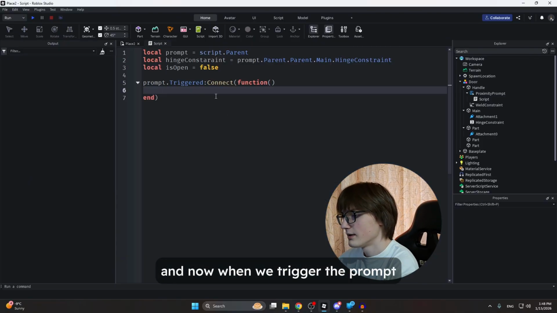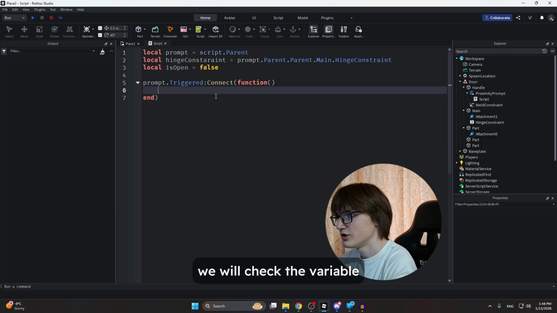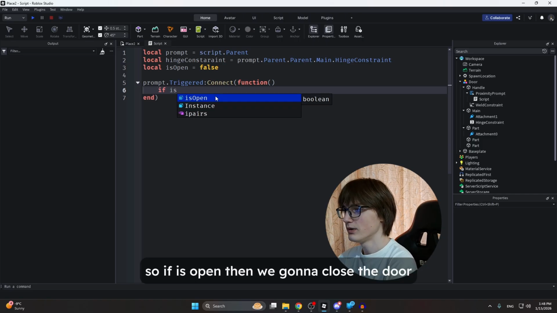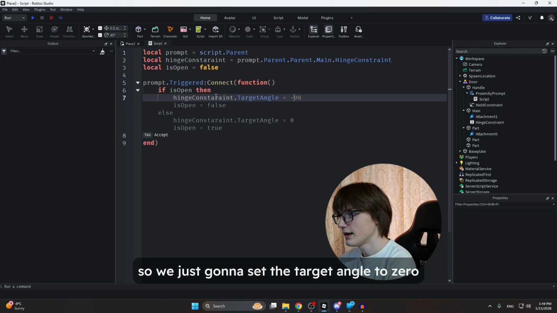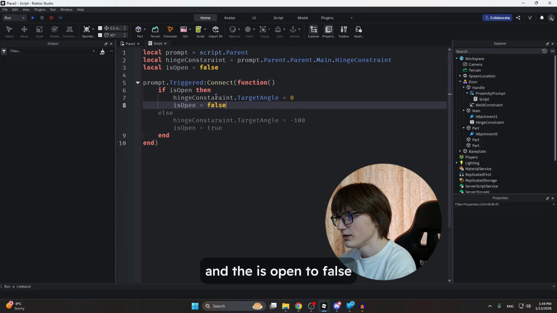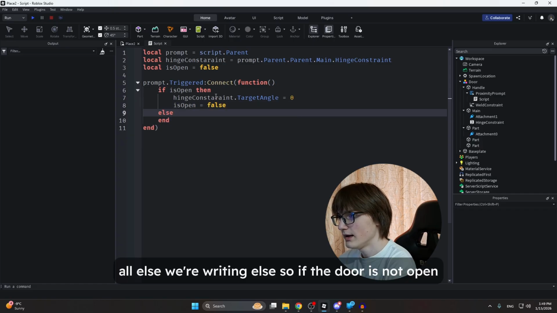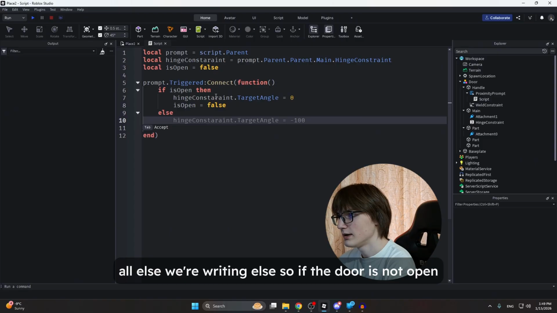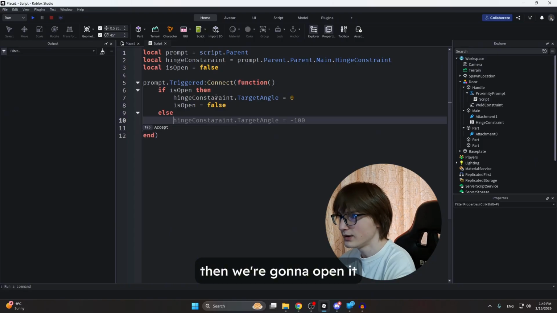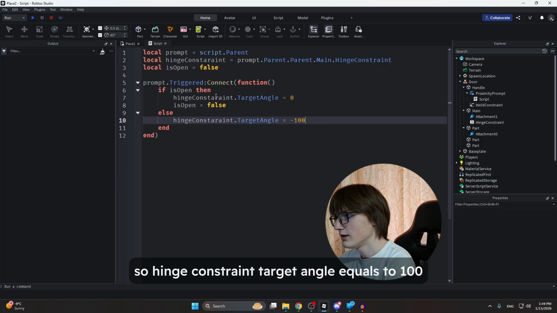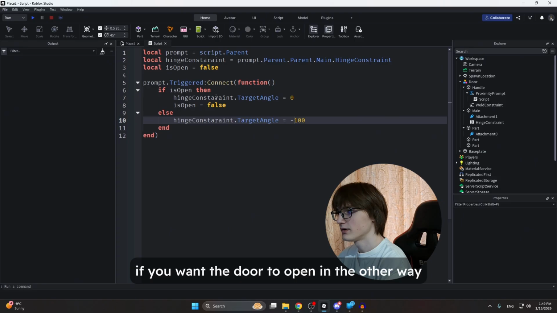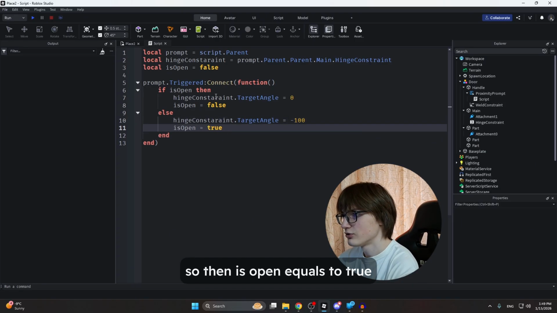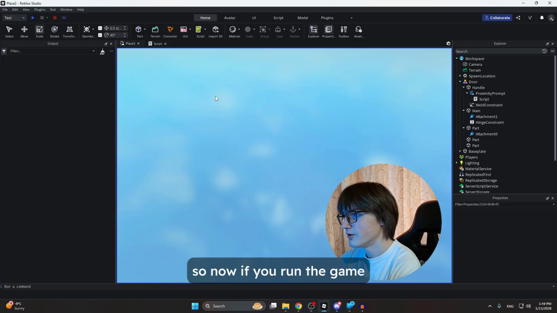And now when we trigger the prompt, we will check the variable. So if it's open, then we're gonna close the door. So we're just gonna set the target angle to 0 and isOpen to false. Or else, we're writing else. So if the door is not open, then we're gonna open it. So hinge constraint target angle equals 100, and you can remove the negative sign if you want the door to open the other way. So then isOpen equals true. So now if we run the game,